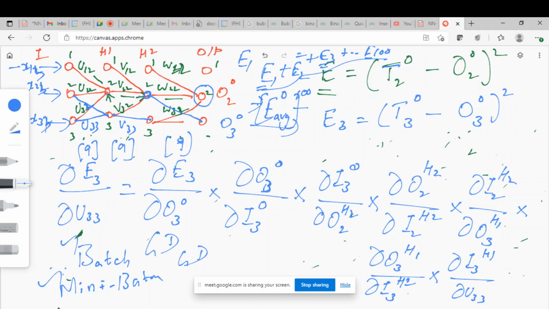What is mini batch? Mini batch is also similar to batch, but here the input size may be large. Say you have 1 lakh entries or 1 crore entries. If you want to calculate the error for all the entries and then take the average, it will take a long time. So we divide the entries into groups. Maybe first 100 inputs I will give and observe the errors, E1, E2 up to E100. I will take the average based on these 100 input errors.